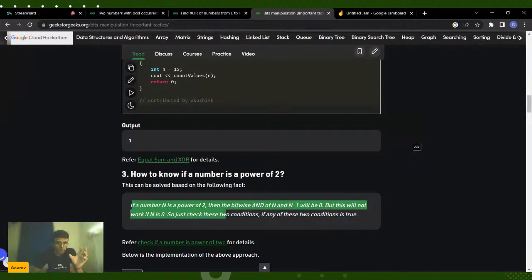Let's say n is a power of 2. In that case, the very first bit, the most significant bit of that number, will be equal to 1, and all the remaining bits will be equal to 0. But when you do n minus 1, the position in which n was set, the most significant bit of n, will become 0 in n minus 1, and all the remaining bits will become 1, because that is the difference between a number which is a power of 2 and one which is 1 less than the power of 2. For example, 16 will be 1 followed by three 0s, but 15 will be 0 followed by three 1s.